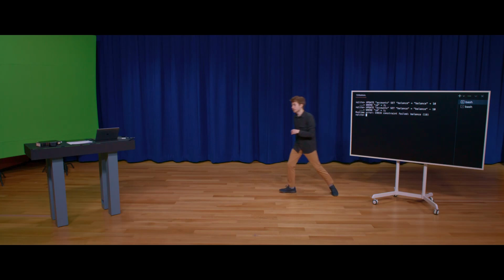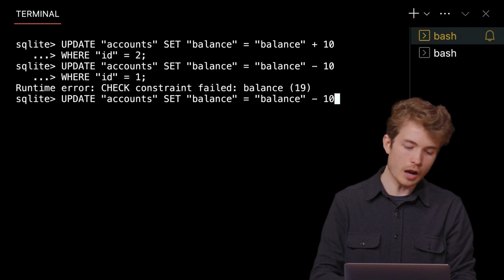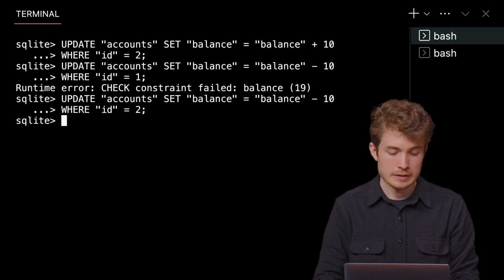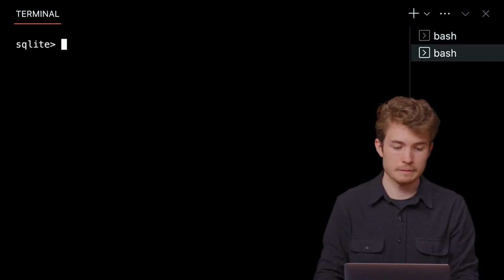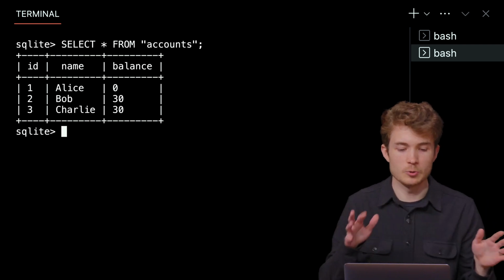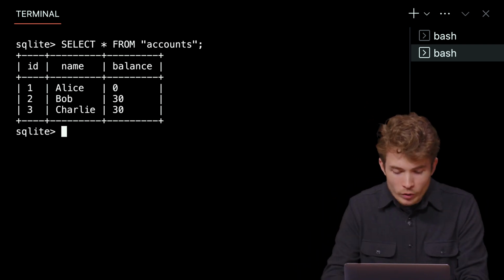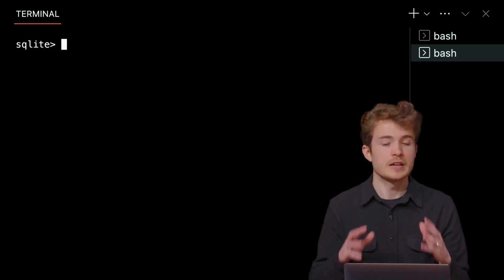So let's try that. I'll come back to my computer, and I will then revert back. I'll say, let's undo this. Let's subtract $10 now from Bob's account, where the ID is 2. Now we're back to where we began. If I check in from some other connection here, I'll see we're back to Alice having 0 and Bob having 30. But we ideally want to use rollback to undo some changes that we had made in